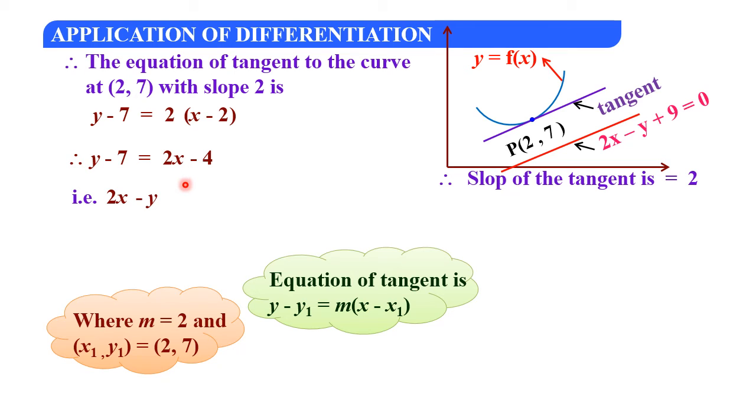Then next, this is equal to 2x minus y. After taking it to the right hand side, it will be minus y, then minus 4 plus 7, that is equal to 0. So at the last you will be getting the equation 2x minus y minus 4 plus 7, how much is it? It is 3. This is the equation of the tangent.